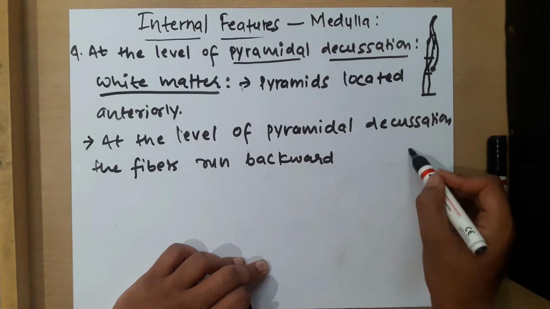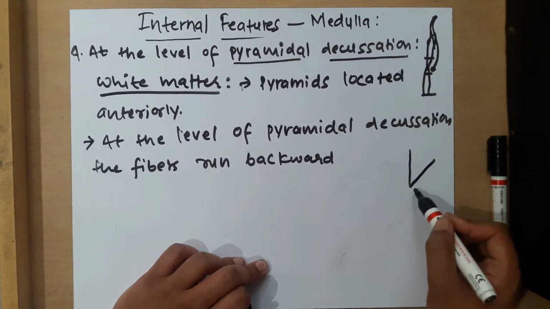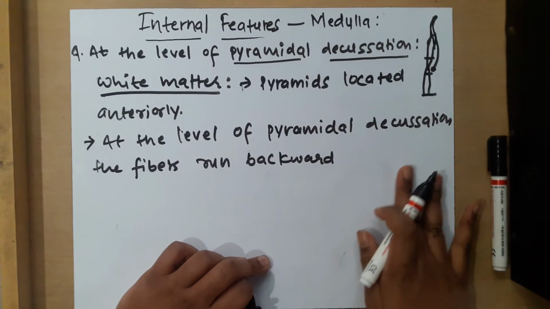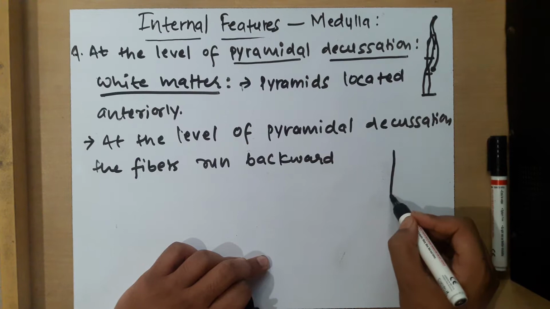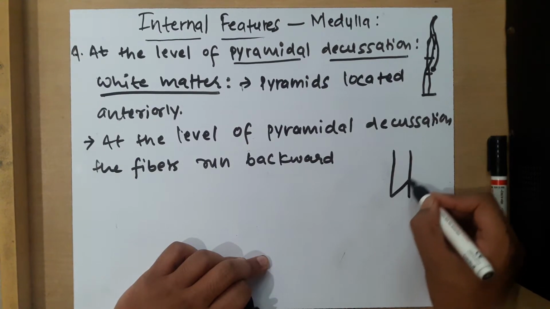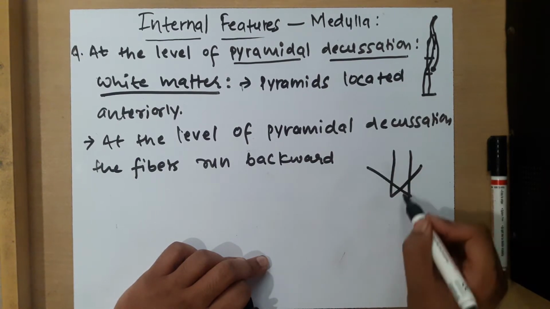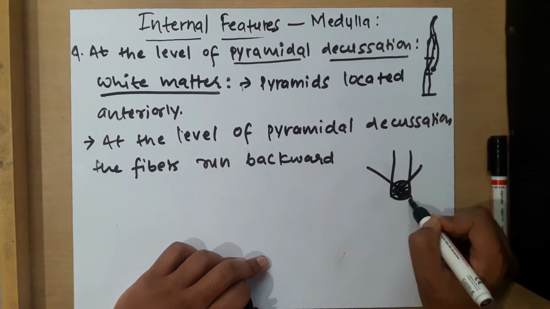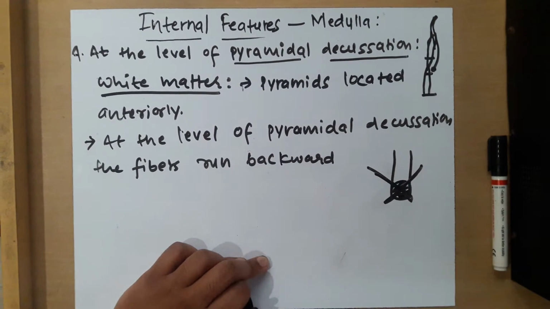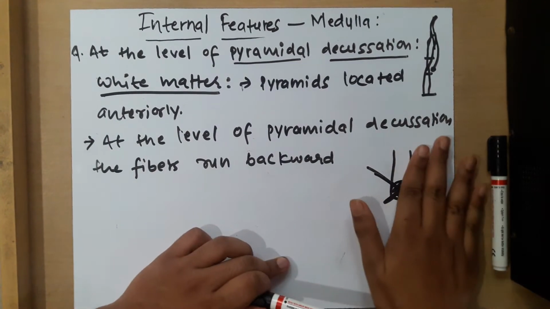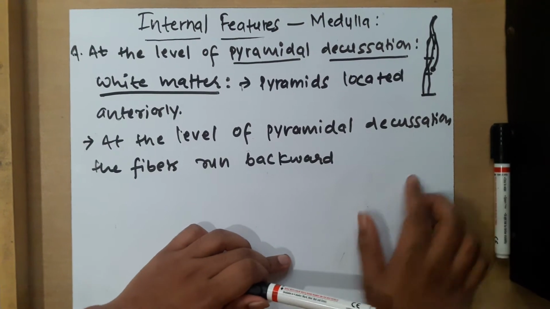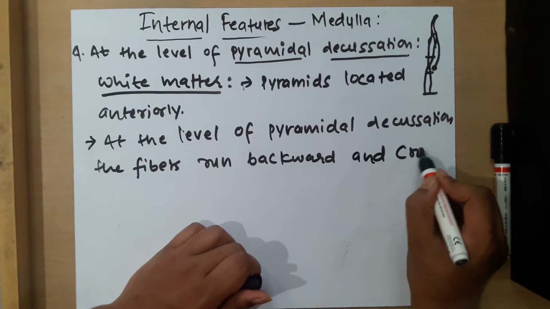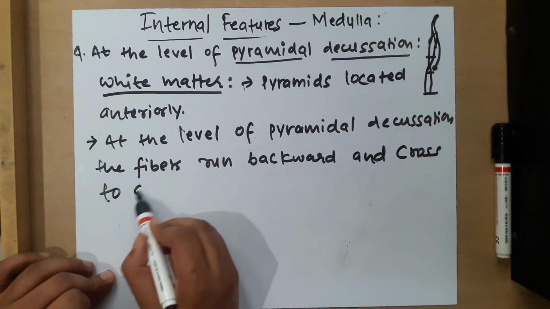They run backward. They are coming like this, but they run backward and cross to the opposite side. Suppose these are the fibers, they run backwards and cross to the opposite side and form the pyramidal decussation. At the level of pyramidal decussation, they run backward and cross to the opposite side. Okay, this is what the point means. So at the level of pyramidal decussation, the fibers run backward and cross to the opposite side